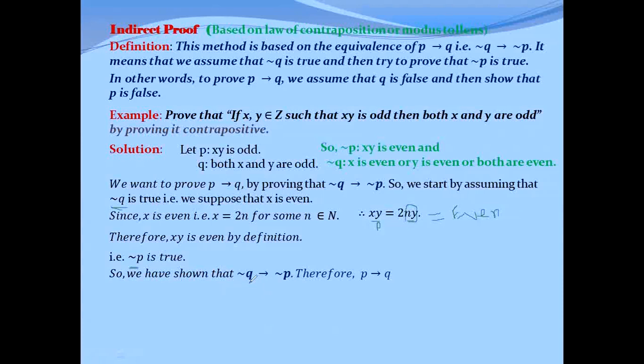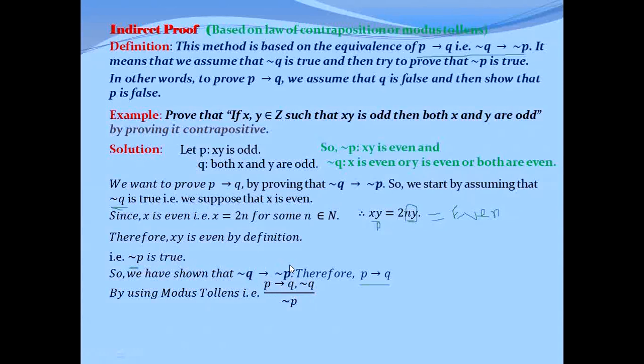If not Q implies not P is true, then by the equivalence formula we can write P implies Q. By using modus tollens, P implies Q is true, as I have just proved in this line. So P implies Q is true and not Q is true by assumption. So these two formulas are true. So by modus tollens, we can say not P is true. From not Q, I have proved not P. So not Q implies not P is true.